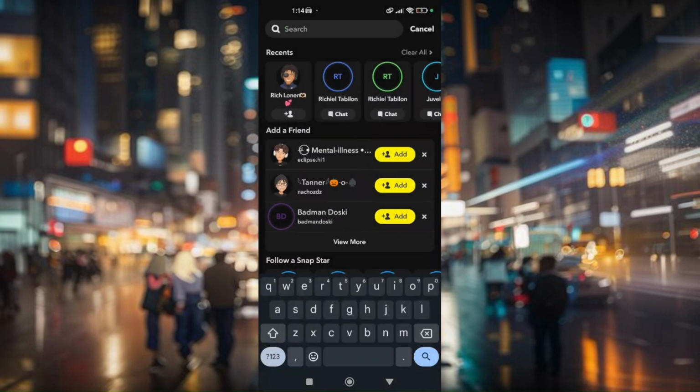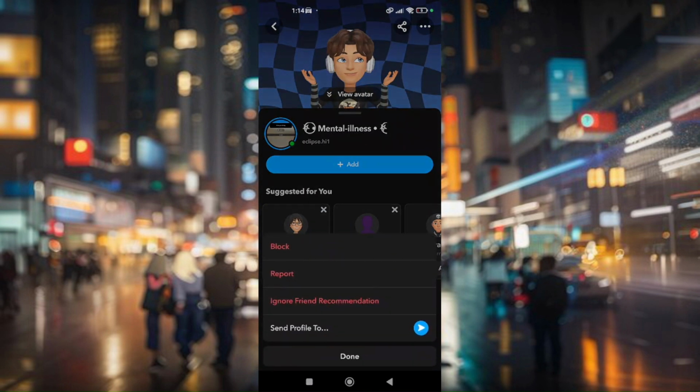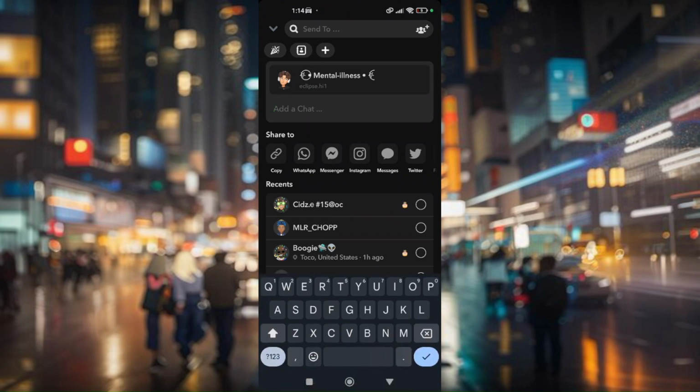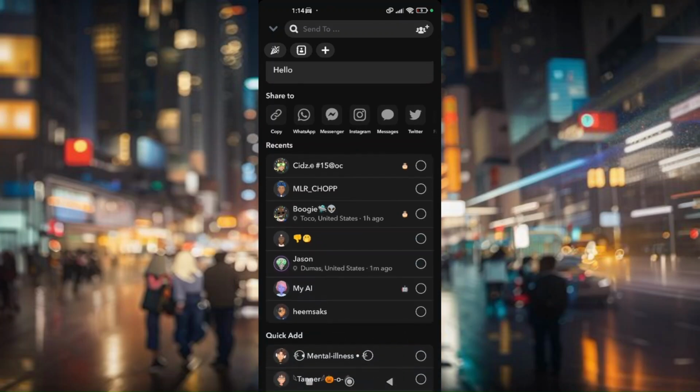Now let's try a random example for this tutorial. So let's try this one. So for you to be able to chat with this specific person without adding them, just simply press on the three dots right here, go to send profile to, and then add a chat that you wanted to send to that person without adding them, and then look for that person here under recents,